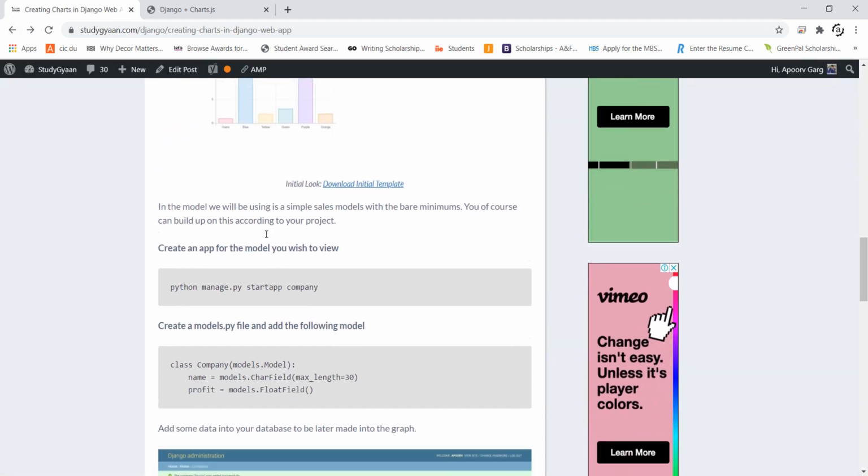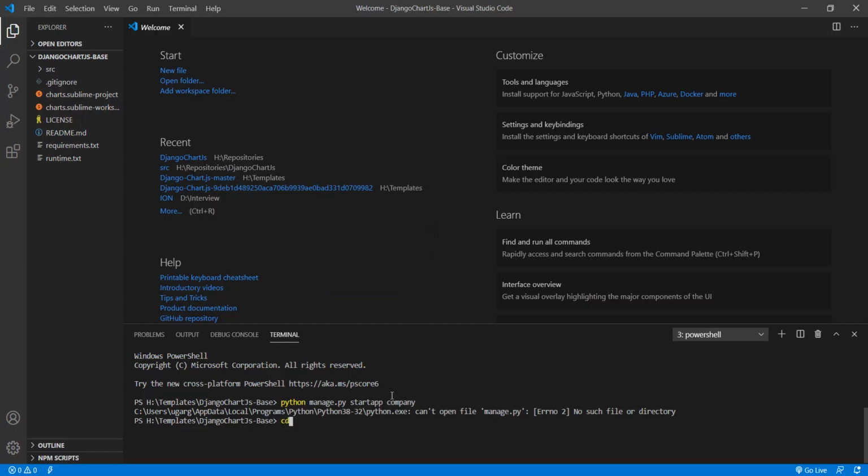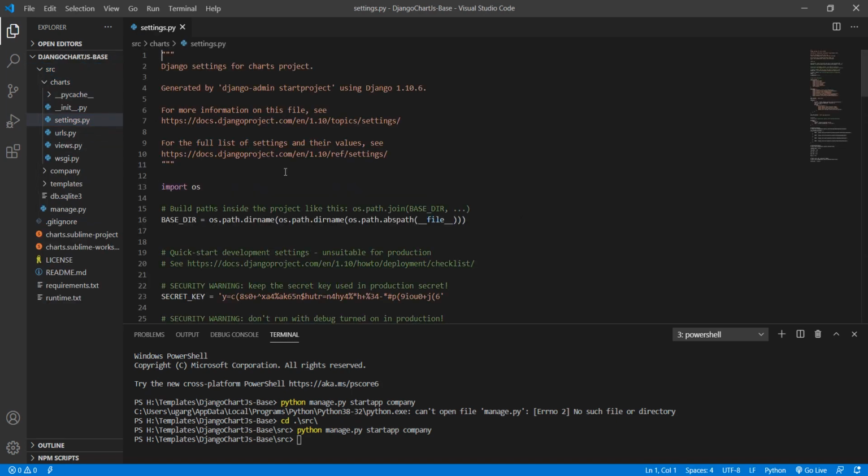After downloading the base app, the first thing I need to do is start the app that will have the required models for me to add. Once the company app has been made, I'll also have to add it in the settings.py file.